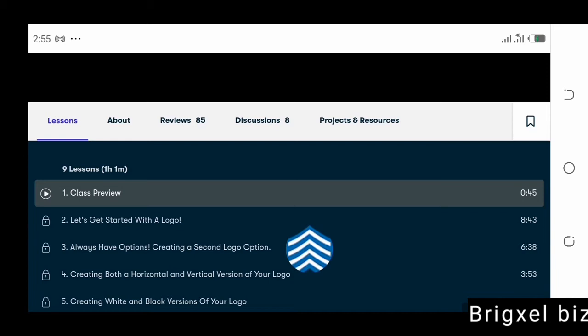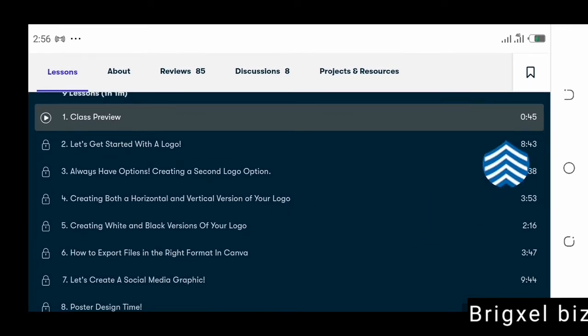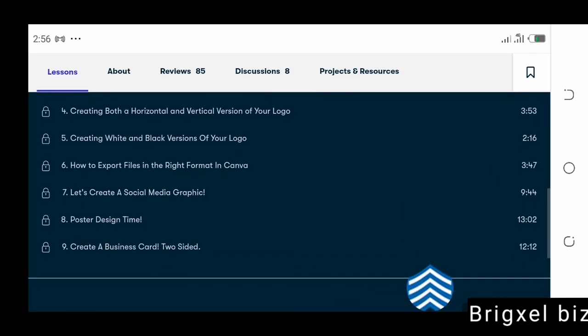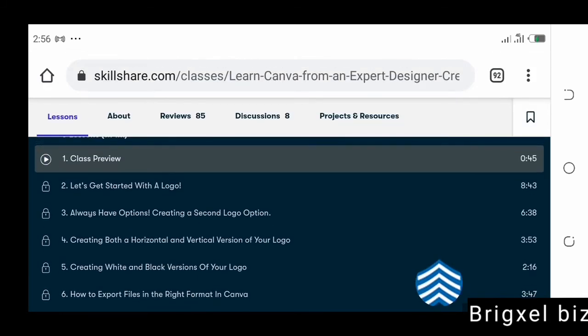So within those 7 days you would have learned all the necessary things you need to learn concerning Canva. As you can see, the lessons are not tedious: 45 minutes, 8 minutes, 6 minutes, 3 minutes, 2 minutes, the maximum here being a 12 or 13 minute course. So you can finish this course and then go to the next one and learn. You can finish everything here,